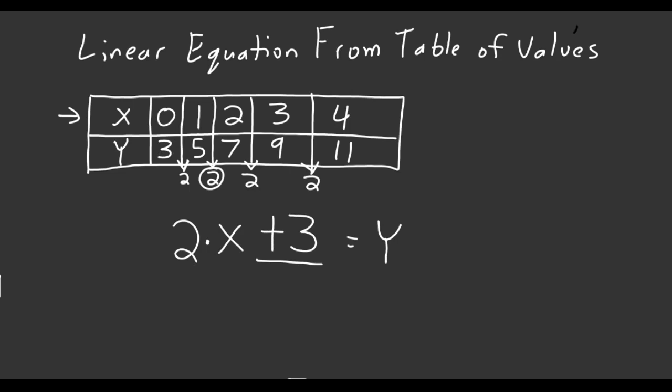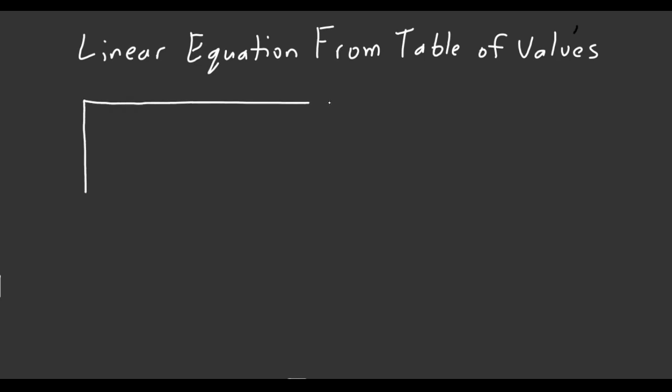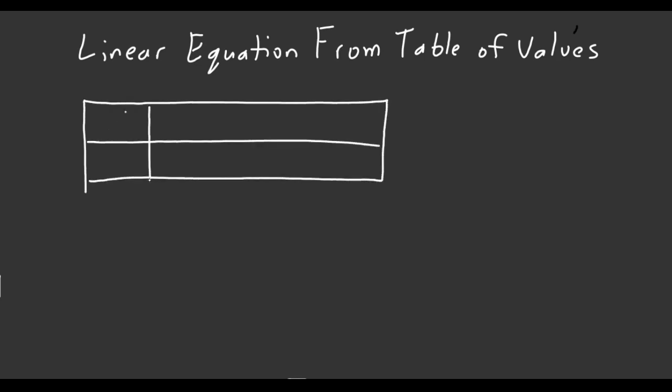Give you one more example. So once again, with my table of values, what I like to do is start with, so we've got our x or our y. I always have the x on the top. I always like to start with 0. It just gives you that starting point, or your intercept, which we'll work with later. So if we end up with,